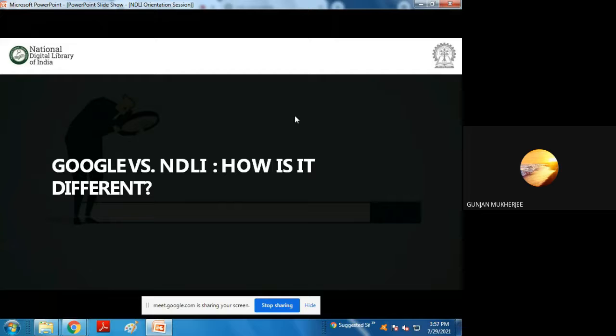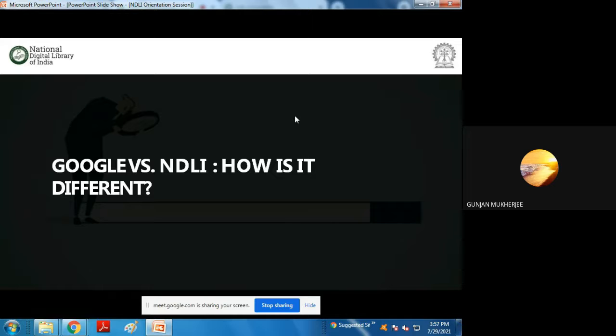Google is just a search engine, and it has become very familiar. Why? Because if you search for any item in Google, it can search it for you in a very short span of time. So it takes very little time. That's why Google has become very famous and familiar to us. That means the architecture of the search engine has been made so that Google can very easily search it out within a very short span of time, only on the basis of some keywords and something like that.